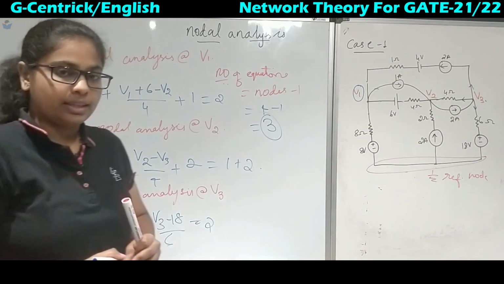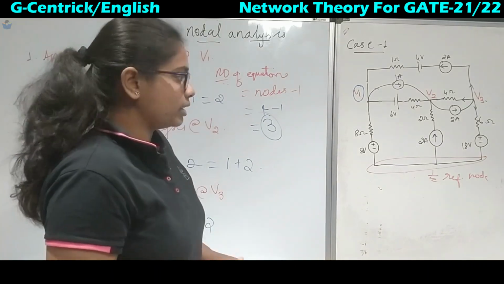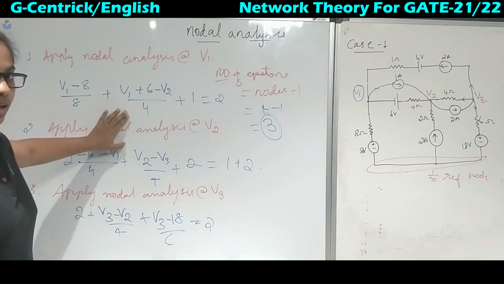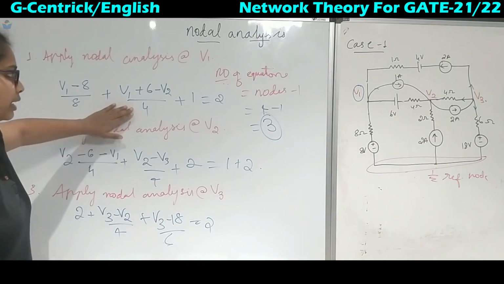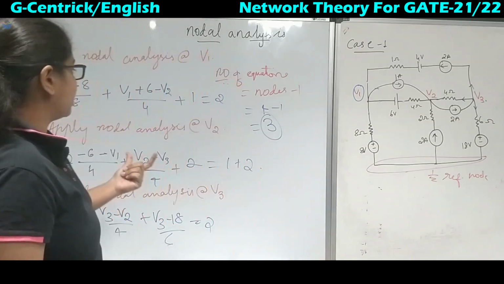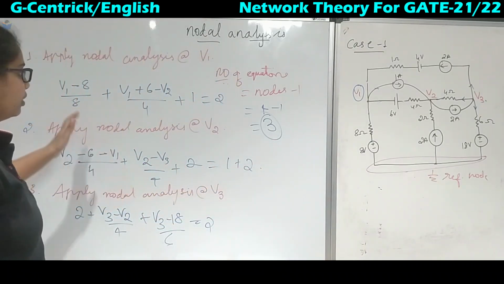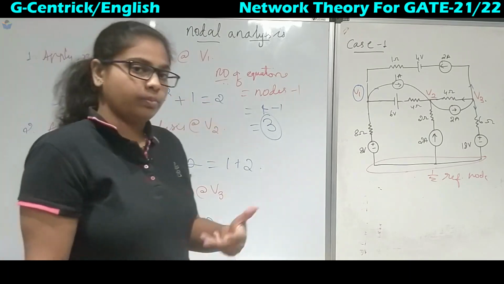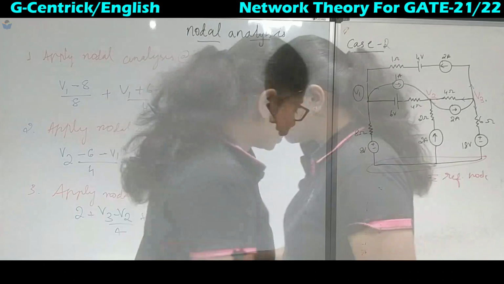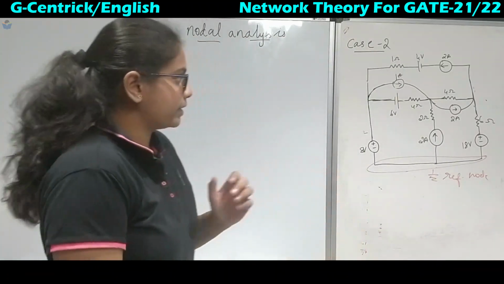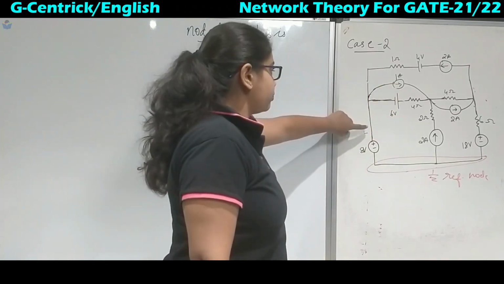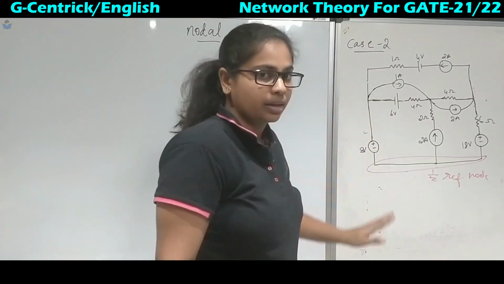We will take the next case, case number 2, which is a special case, and you can solve it using Cramer's rule or by hand. But in the GATE exam most of these types of questions will not be asked. One of the voltages, V1, V2 or V3, will at least be given as a hint. We will see how that hint appears in the next case. So coming to case number 2, it is the same circuit diagram. I have just removed the resistor that was present here.